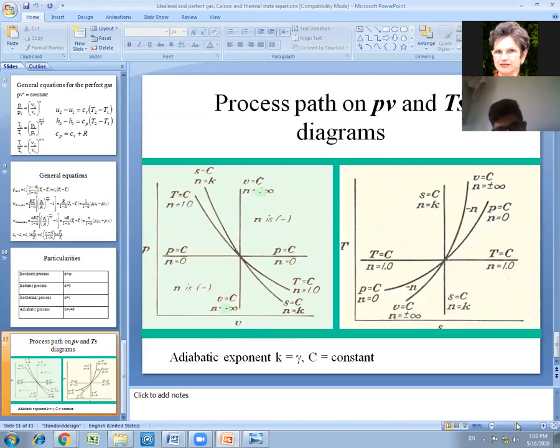So design a PV diagram and make a vertical. What does this vertical mean? Constant volume. If you put a point 1 here and 2 here,